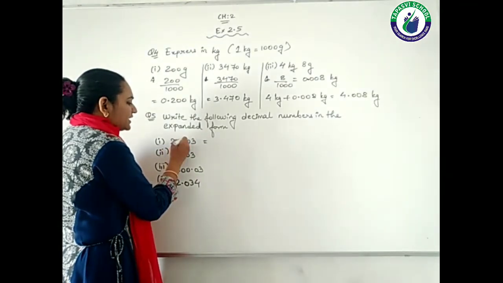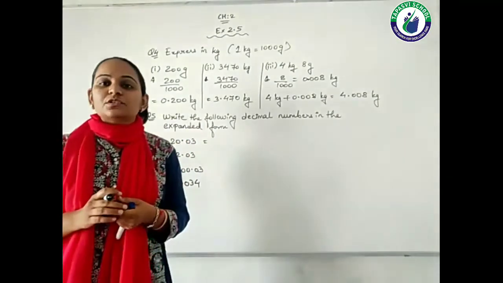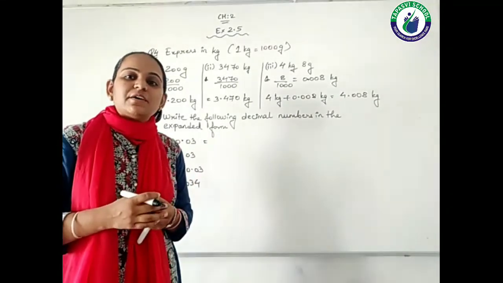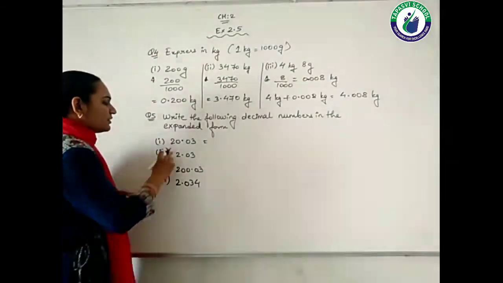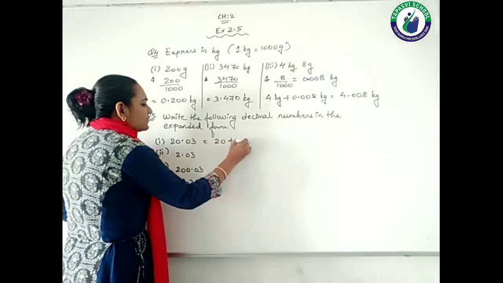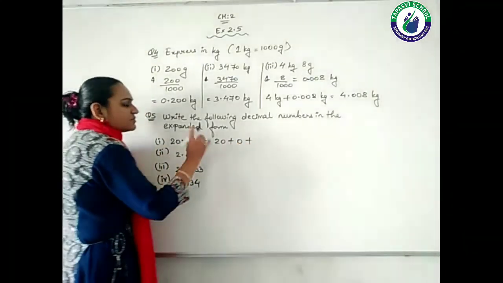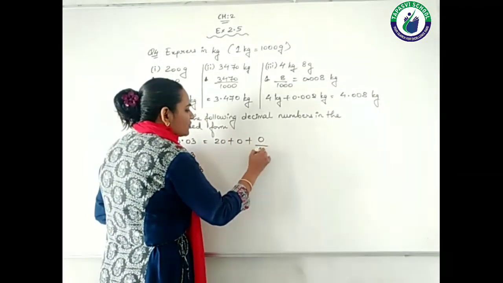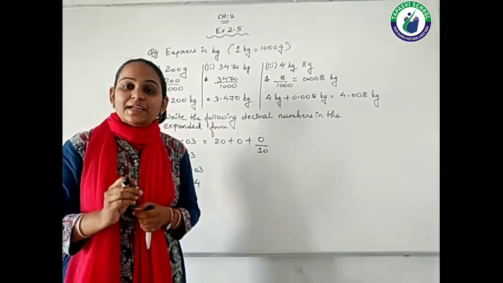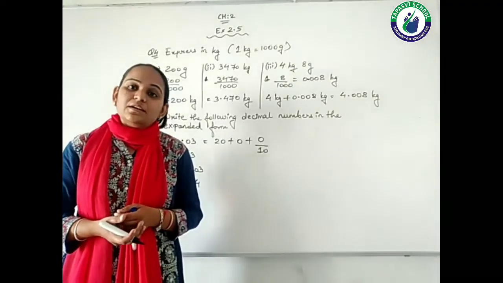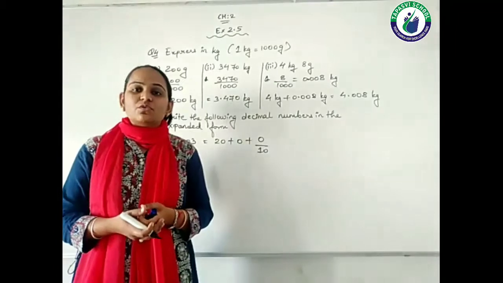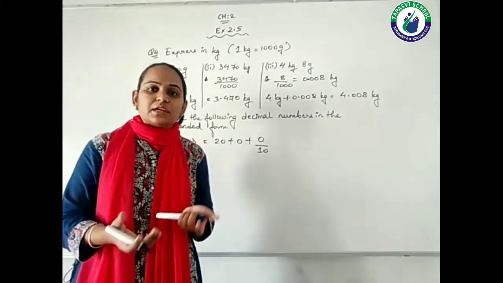See whatever digits are written before the decimal point, जिसको हम जैसे करते थे वैसे ही करना है. The only change comes after the decimal point. So have a look here. This 2 is at the 10s place, so I am writing 20. This 0 is at the 1st place, so as it is. This 0 is at the 10th place, so you can write 0 upon 10, right? Because it is the 10th place, so 0 by 10. One more thing, students, if you wish you can skip the zeros. आप चाहो तो इस 0 को आप skip भी कर सकते हो, नहीं लिखोगे तो भी चलेगा, right?